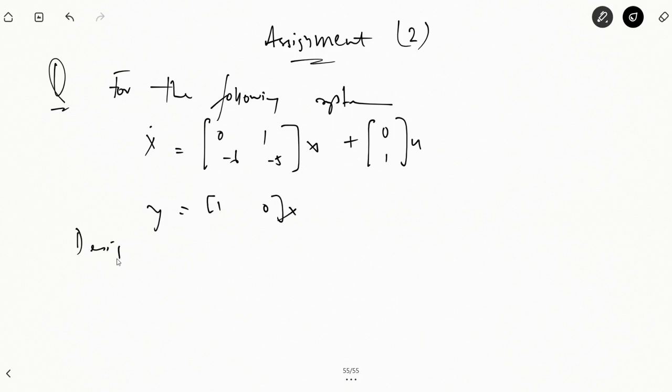Design state feedback controller that satisfies the following: